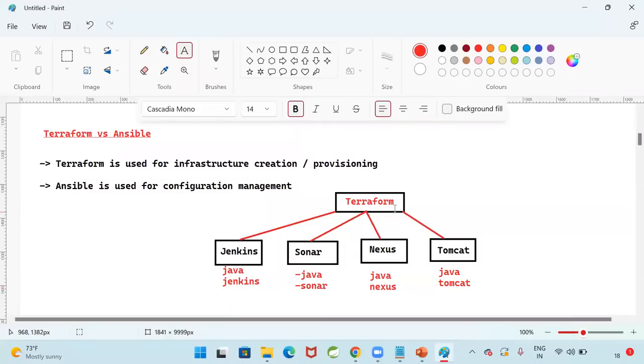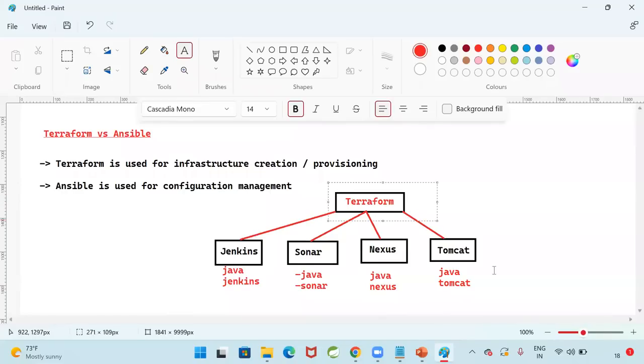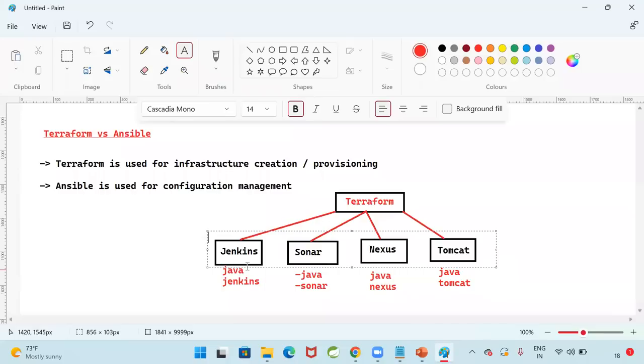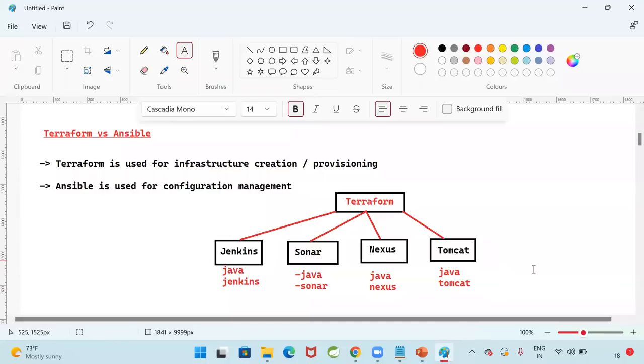No. So what is Terraform going to do here? Terraform I am going to use only to create the virtual machine. In this scenario, by using Terraform, I will create the instance, the virtual machine. Now, after the virtual machine is created by using Terraform, in order to manage the softwares, in order to install the softwares, in order to update the softwares, in order to remove the softwares, we are going to use